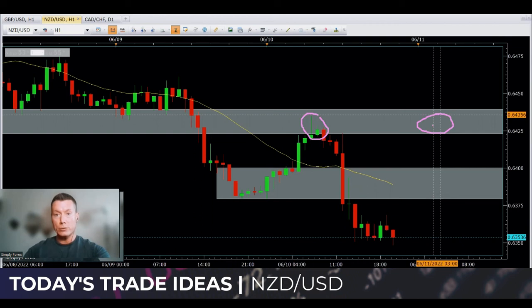We get a bearish candlestick pattern form, and then again we take price back down to the last H1 low. It could be here for all we know. Okay, but if not, yeah, the last H1 low. We close 80% of the trade, and then we leave 20% to run. Okay, so yeah, New Zealand dollar against the US dollar, we're still looking to short this pair.